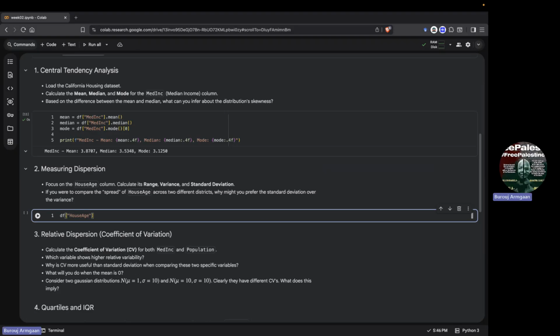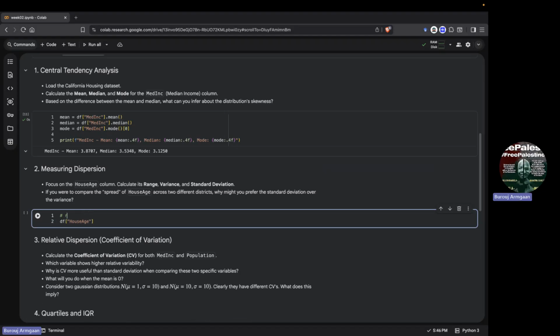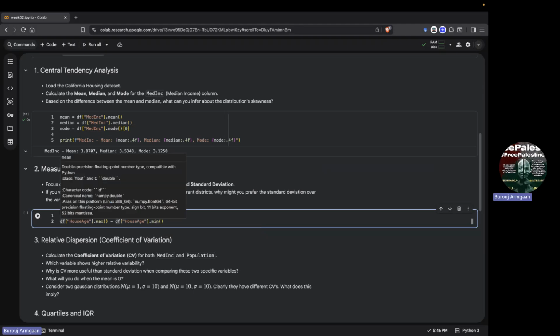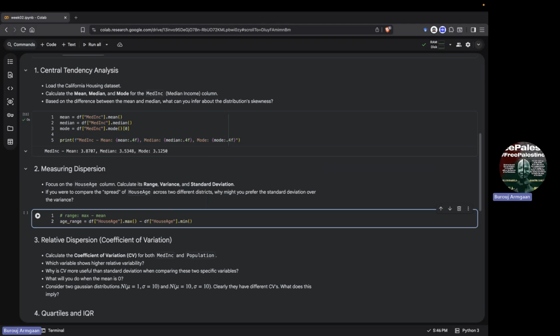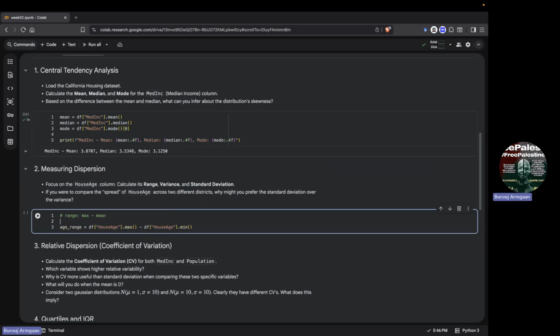To identify its range, we essentially need the difference, essentially max minus min. So we need these two terms. We'll get the max like this, we will get our minima like this, and we can store it as age underscore range is equal to this. We could essentially rewrite it again and again, but we could also solve it by saying maybe house age is equal to this much, and we can reuse this for